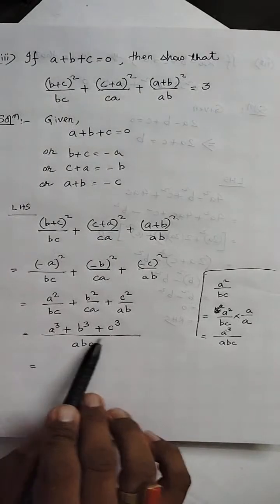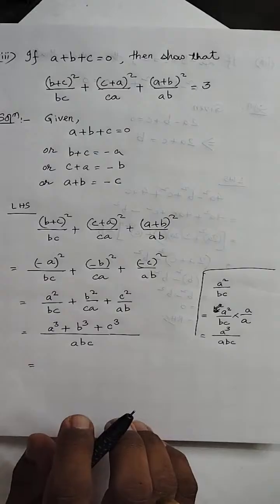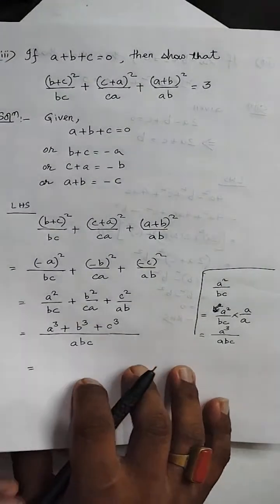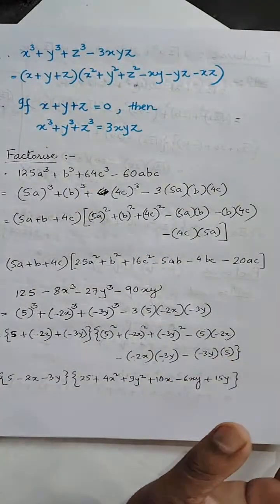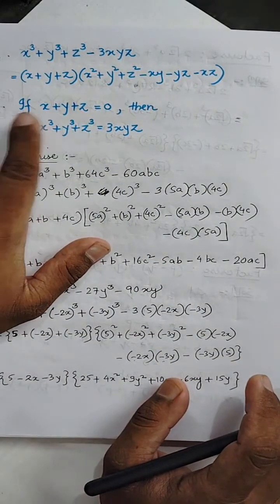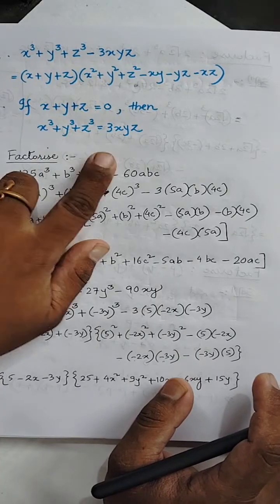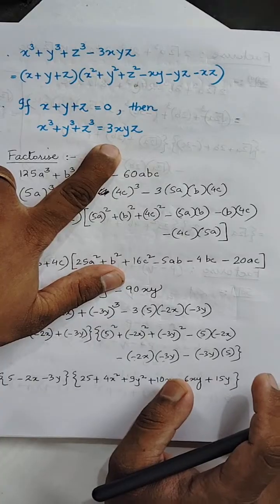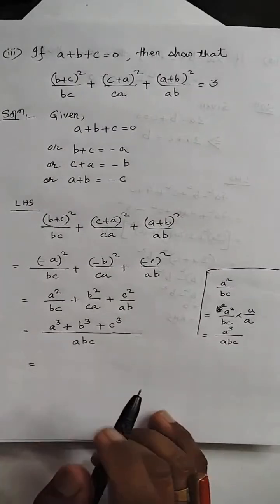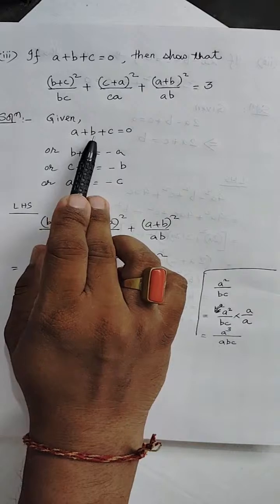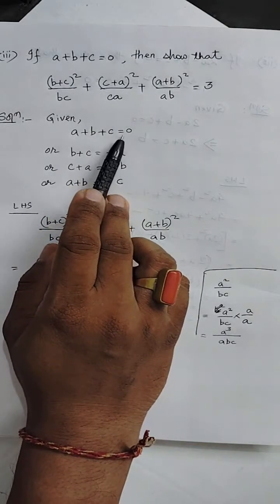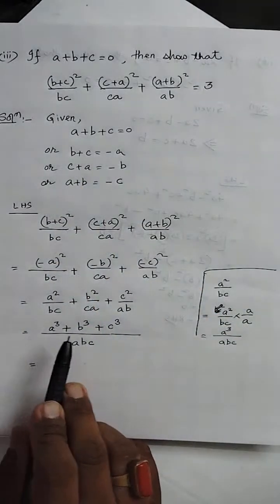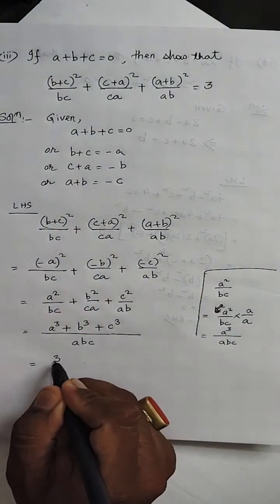Okay, now for the denominator part, again we have to go back to the first page of today's stream. So x plus y plus z, if x plus y plus z equals 0, then x cube plus y cube plus z cube becomes 3xyz. So we have a plus b plus c equals 0. This is a given condition. So if a plus b plus c equals 0, then a cube plus b cube plus c cube will become 3abc